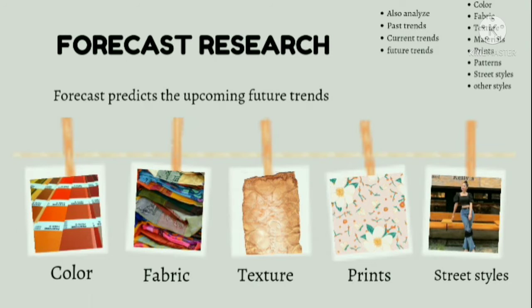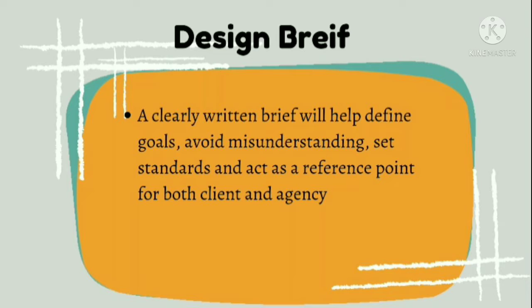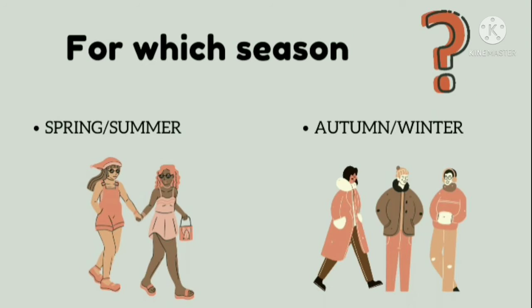Fashion forecasting predicts the color, fabric, textures, material, print, and other styles that will be presented on the runway in the upcoming season. So, getting creative ideas is important to know the current fashion trends. Next step, the brief. One of the easiest ways to start any creative design product is to follow a brief. Your brief should have a very specific aim and objective, and that should consider a number of things like occasion, season, customer, target market, product type, product category. And awareness of when you are designing for will impact your choice of fabrics and colors.